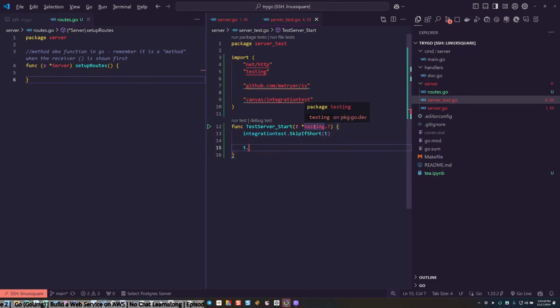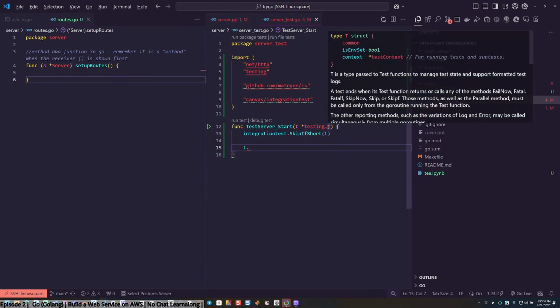Package testing.T. Type T struct. T is a type passed to test functions to manage test state and support formatted test logs. Okay, so just some object from standard lib.